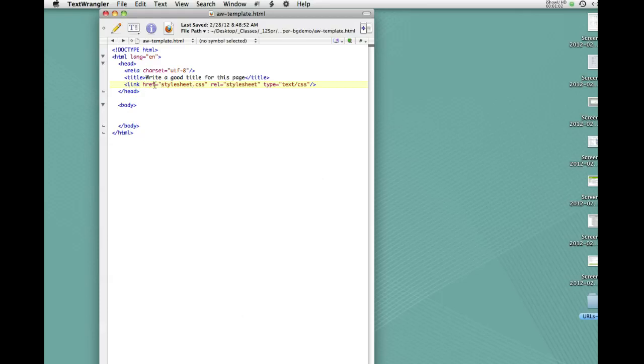There's also a generic style sheet link in here that we're going to have to customize in terms of the information, but that's in there because at this point we're pretty much going to be using external style sheets all the way through. So to start things off, we might as well get this going right from the beginning and